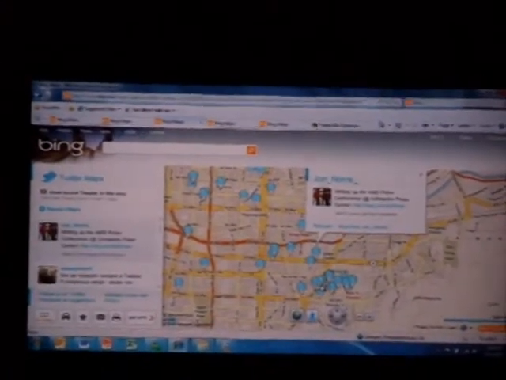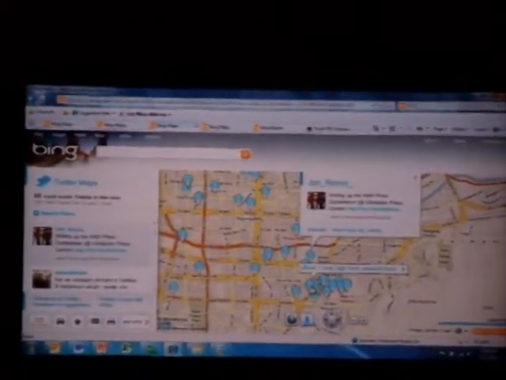Here on the left, you'll actually see tweets showing up in real time. So now, I can not only go someplace and see what it looks like in real life, I can actually take a look at a particular location and see what's happening right now.